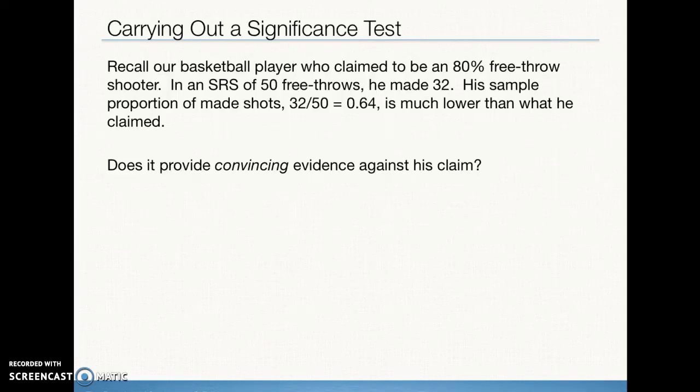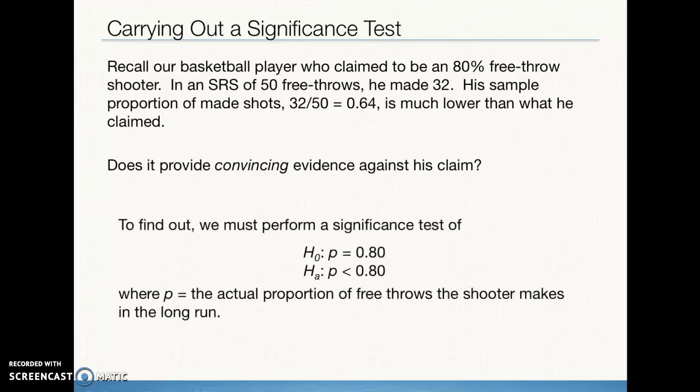Remember the basketball player that we were talking about in Section 1 who claimed to be an 80% free throw shooter. In a simple random sample of 50 free throws, he made only 32. That was a sample proportion p hat of 0.64, which is much lower than what he claimed. Does this provide convincing evidence against his claim? Well, we start out